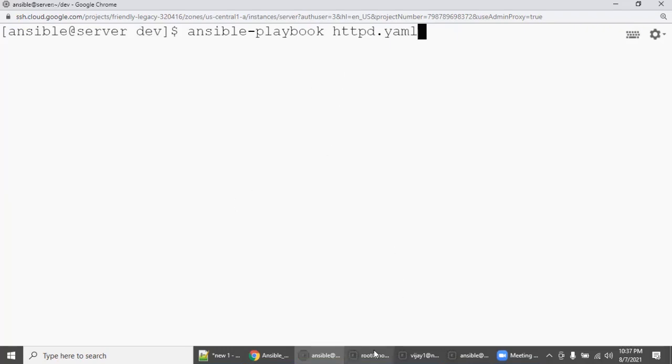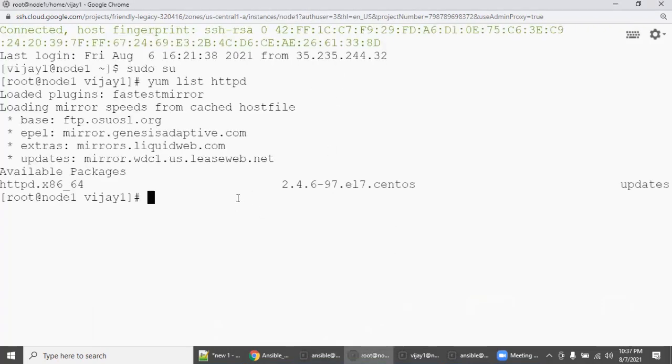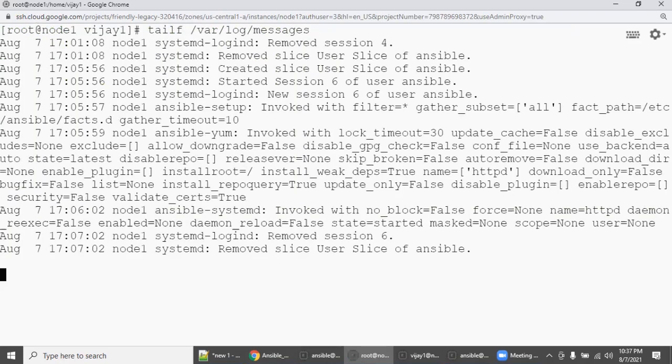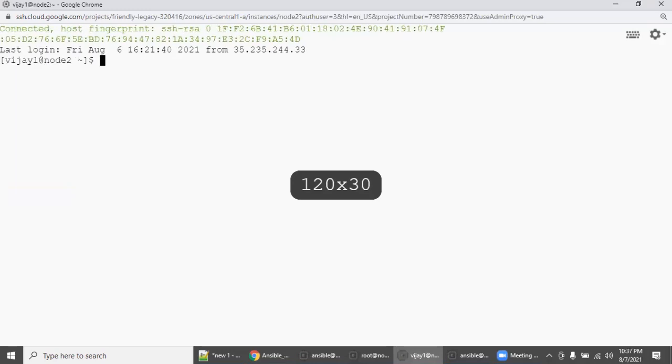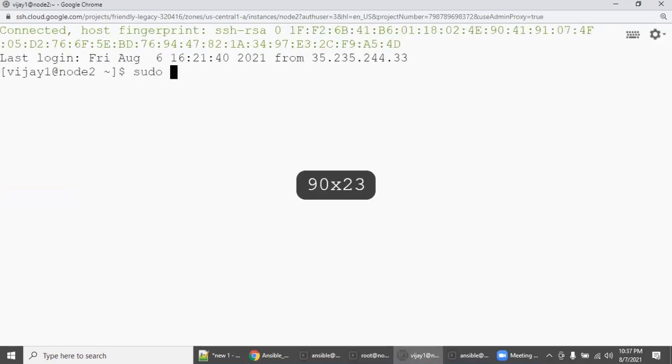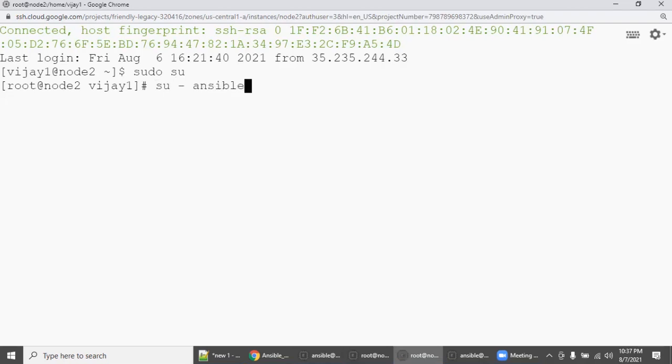Before doing this, if you are a beginner, go to each node and run tail -f /var/log/messages, right? So press enter. Clear the screen. And in another node, node 2, sudo su and su - ansible.